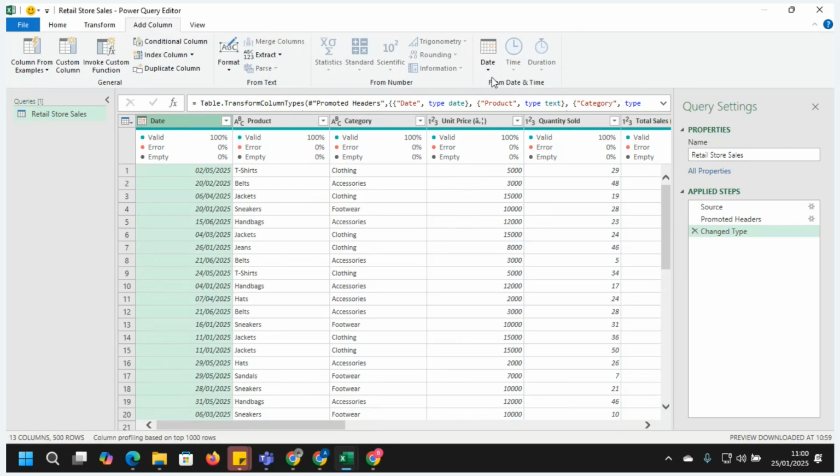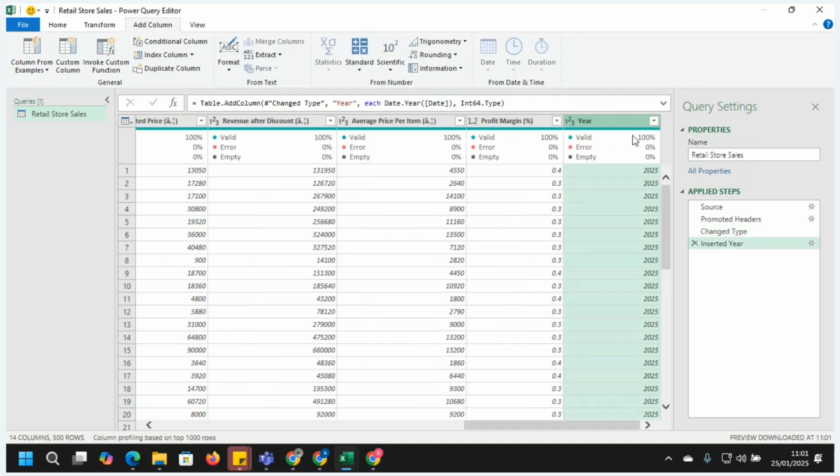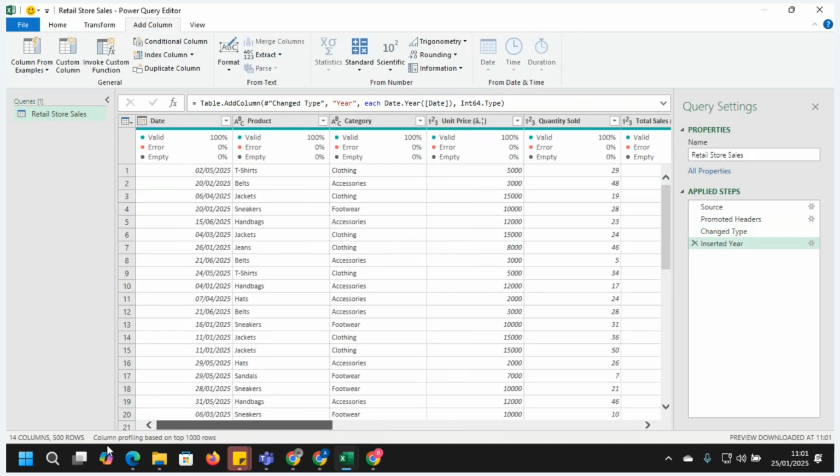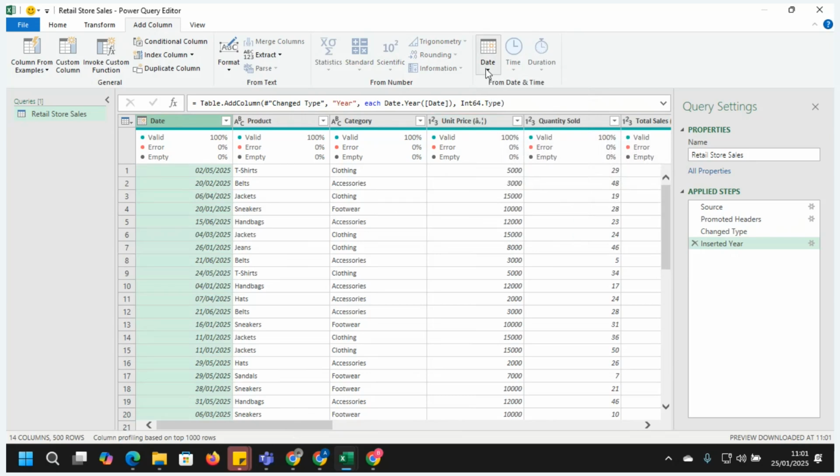Under add column, I have what is called date here. Can you see date? I see that all these ones are no longer active because I'm already on date. This date is active. I just click here. I want to extract the year of this transaction from here. I click on year. Now we have a year column within just a second. You don't need to write equals to year. In Excel, we would use equals year, open the bracket and close the bracket to extract year. We include text functions to get date, month format and the rest. No, we don't need text functions here.